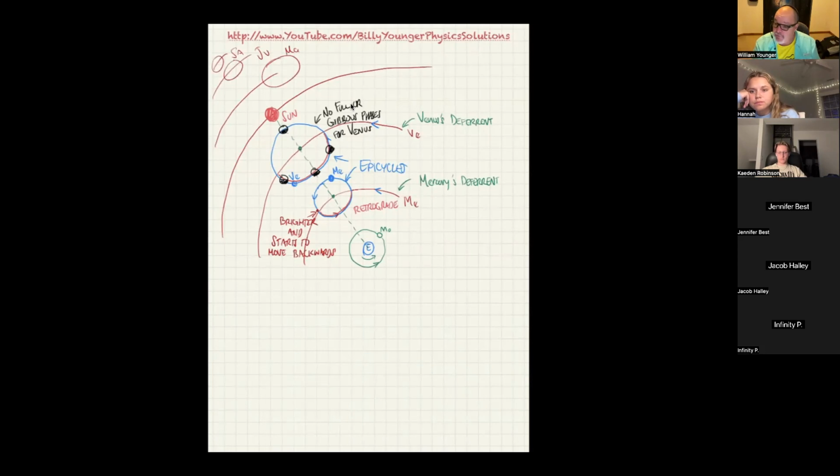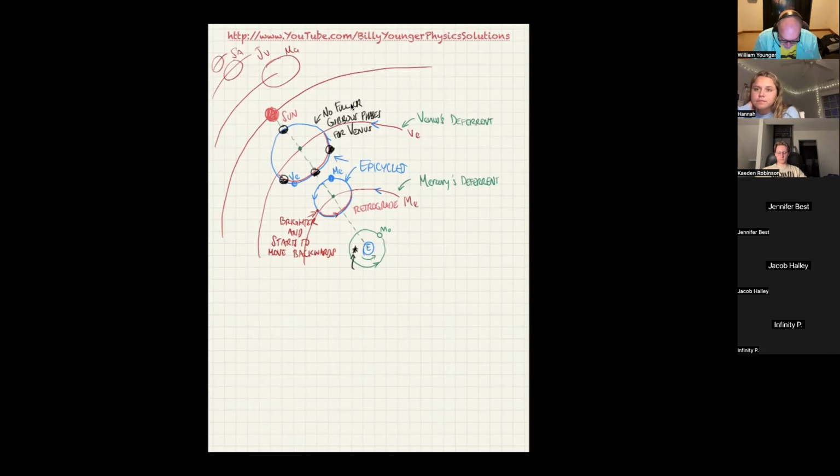That gave you a lot of freedom, but you could look back over the data for the last 20 years, make all those corrections. In other words, change the radius of the epicycle, change the radius of the deferent, change the speed of the epicycle around the deferent, change the speed of the planet around the epicycle, all that good stuff. And then, as luck would have it, it turned out the more and more precise they got, the worse things got. So they even had to come over here